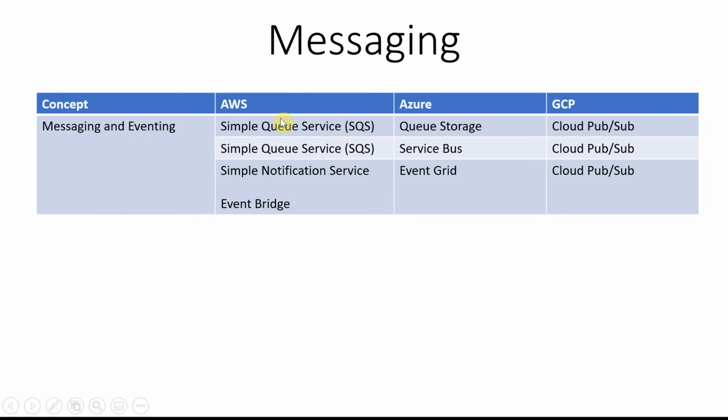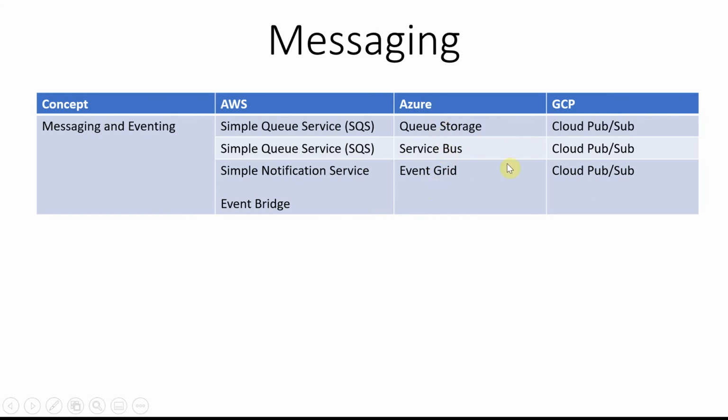Under AWS, it's called Queue Services, so SQS, Simple Queue Service. On Azure it is a bit different, where Azure has Queue Storage and Service Bus. That's why it is repeated. But SQS, and SNS for notification requirements, and they recently introduced EventBridge, which is for more event-driven notification requirements. It is similar to SNS, but an advanced SNS feature.